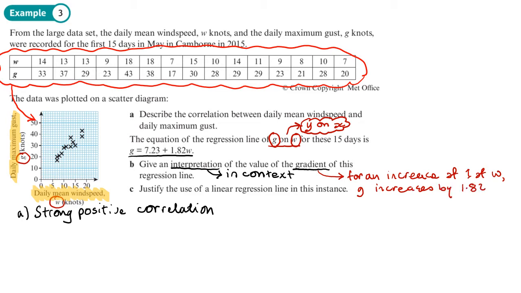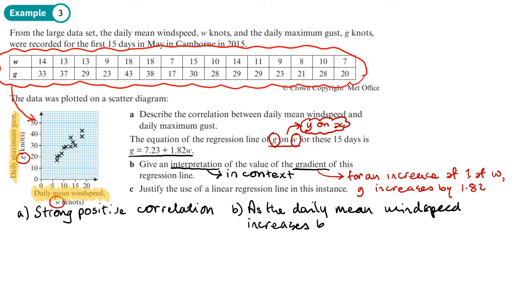So we've got to give an answer in context. So that answer is going to be like this. As the daily mean wind speed increases by 1 knot, yep, use the units that it has,